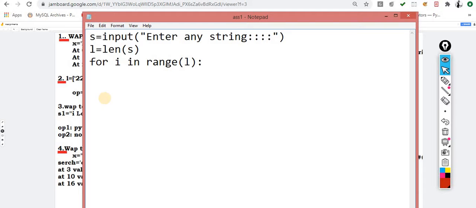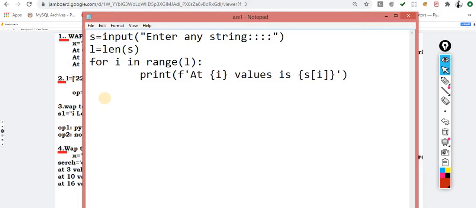My requirement is that the output should be in the positive indexing as well as in the negative indexing. So how can I produce this output, understand this concept. Very simple. I will do it in a single line of code, taking the help of the f-string. At 0, meaning i, the starting value of i is 0, the value is, again I have to print the value, so I take the help of slicing, s of i. What output will I get over here, at 0 the value is h.